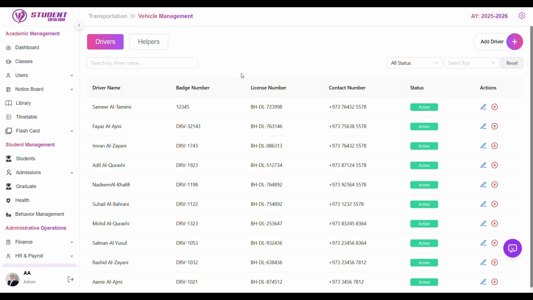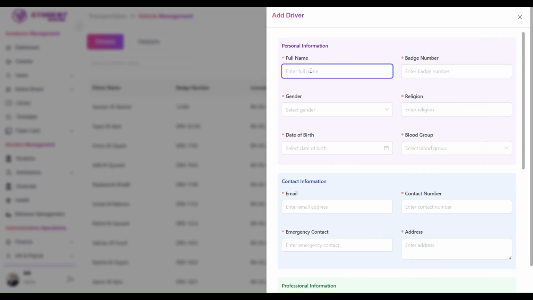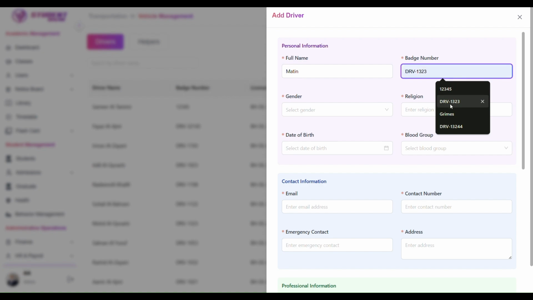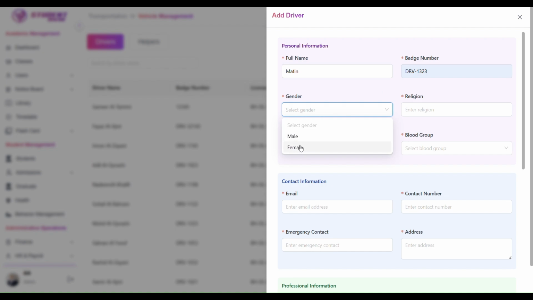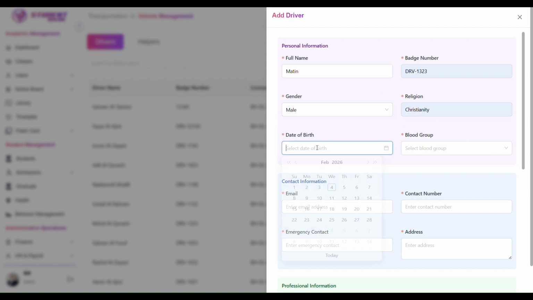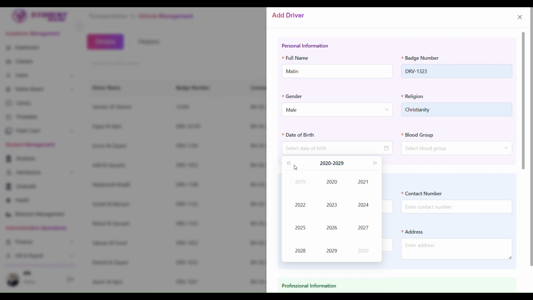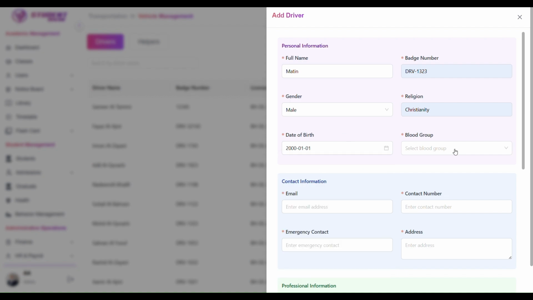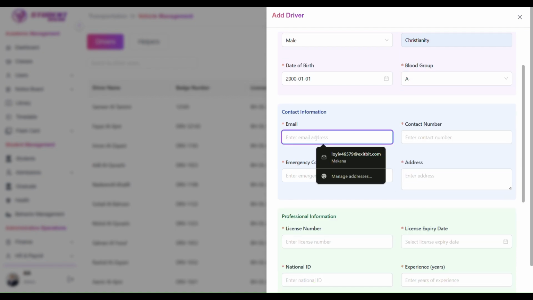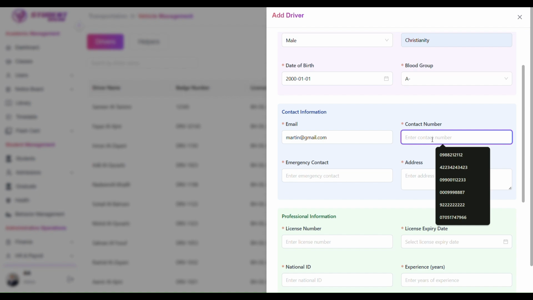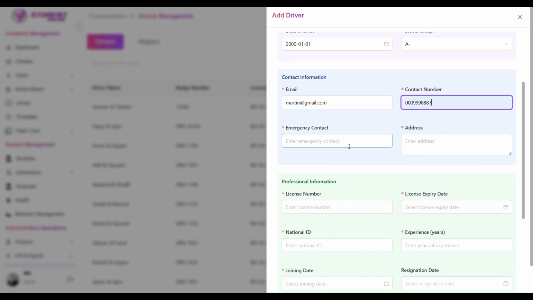Now to add a new driver, click on this add new driver button. First give a name to the driver, like we'll say Martin, badge number, give it a unique badge number, then gender, religion, DOB, let's say January 1, 2000, blood group, email, contact number, let's set a contact number here, emergency contact, address,